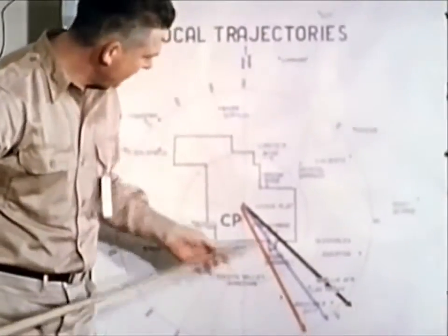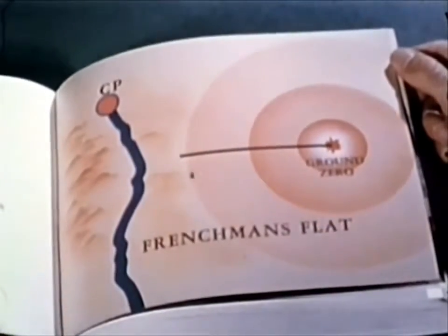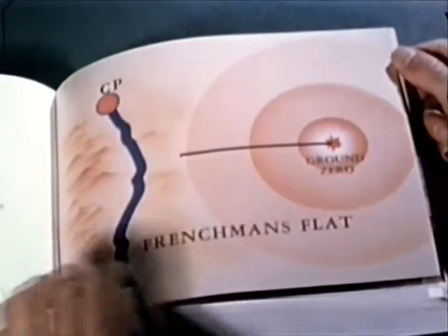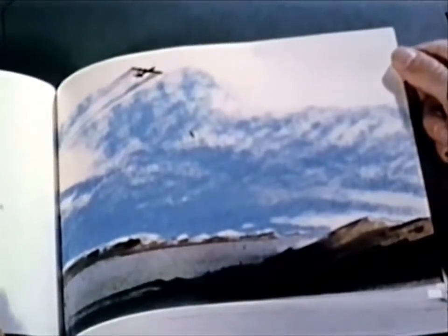decisions for each shot. The bulk of the huge Knothole program was carried out on Frenchman Flat, though some military tests were run on the weapon development shots up on Yucca. Number 9 on 8 May was the first Knothole shot, an airdrop of a 26-kiloton weapon. All military tests on Frenchman Flat were originally built around this shot. The relatively high burst height, 2,400 feet, was a compromise to fit many tests, rather than to inflict maximum central